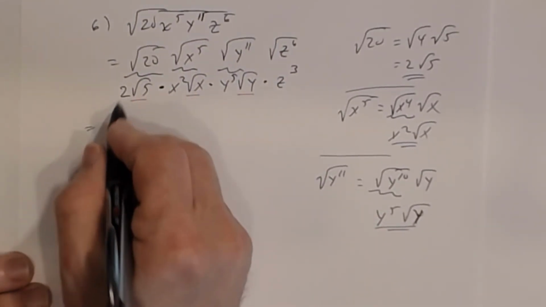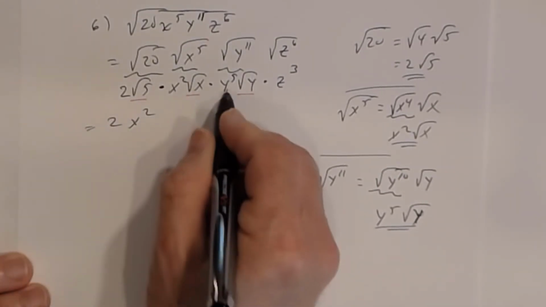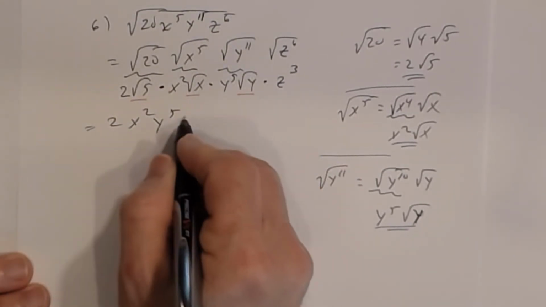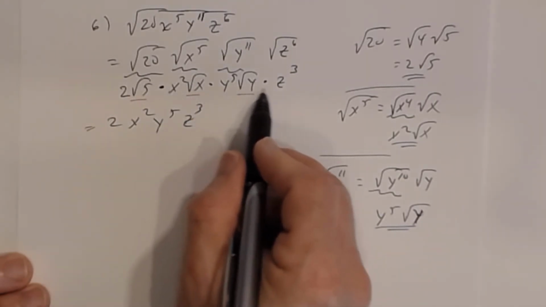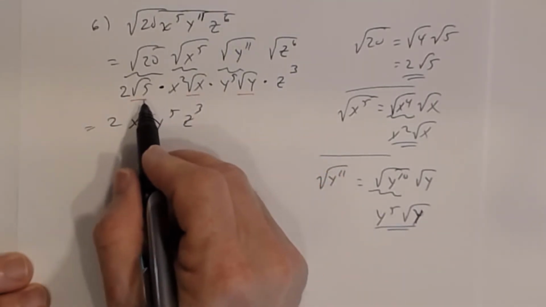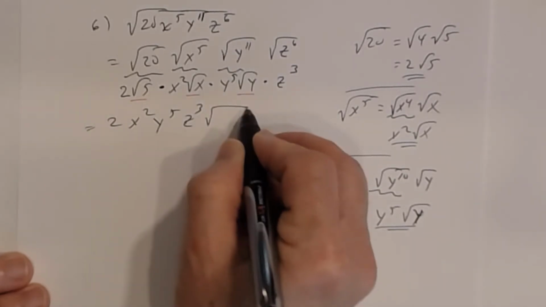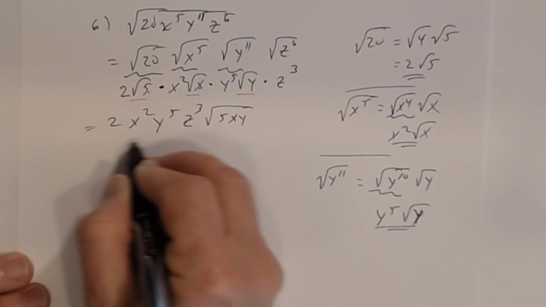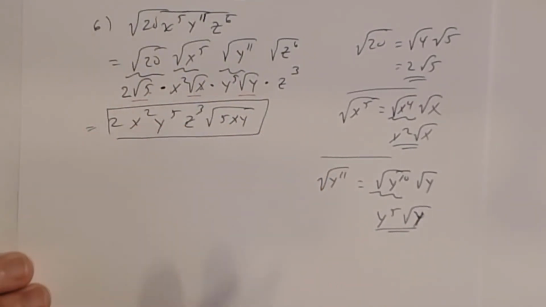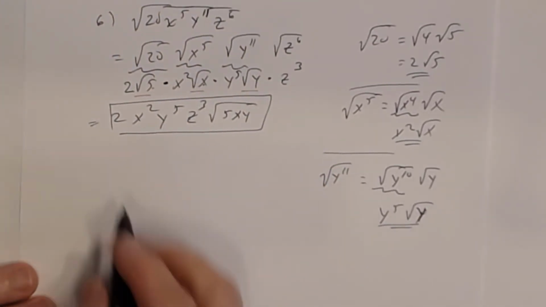So that's going to be 2x squared, y to the 5th, z cubed. And notice everything else is a square root. So I'm going to put the square root of 5xy. All right, so that was that one. Number 7,